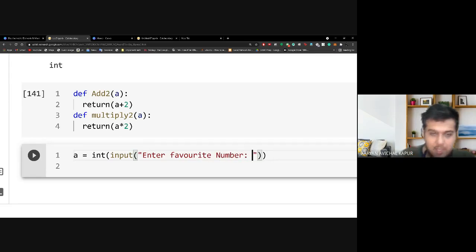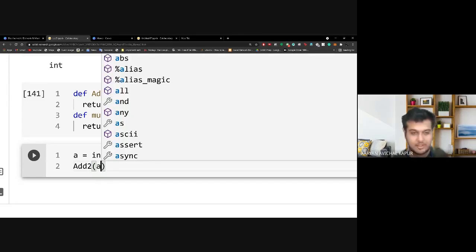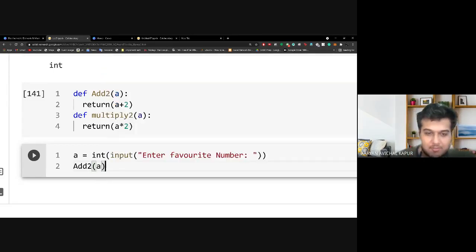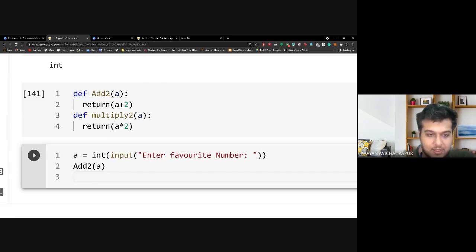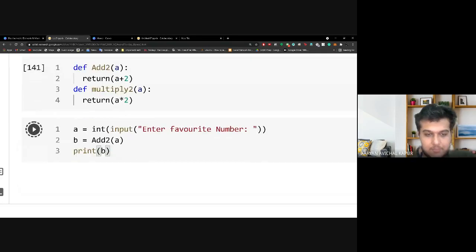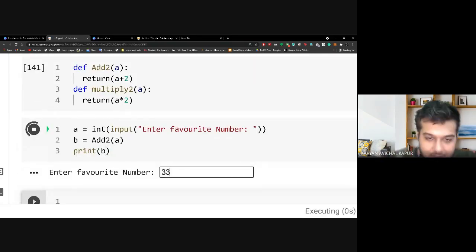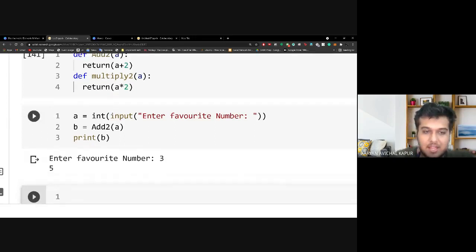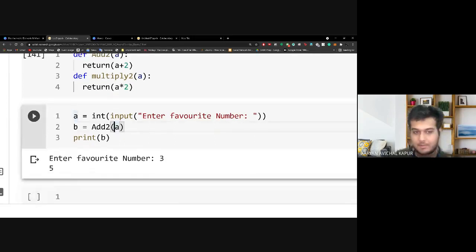Once I do that, it is going to add 2 to the variable a. It will give me the value of add 2. Let me save it in variable b and print variable b. Okay, let's just make my favorite number 3. It will simply add 2 to 3, that makes it 5, and it prints b.